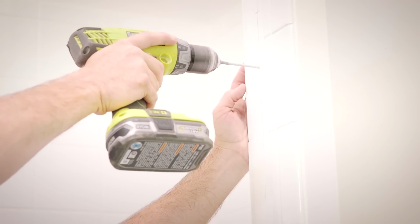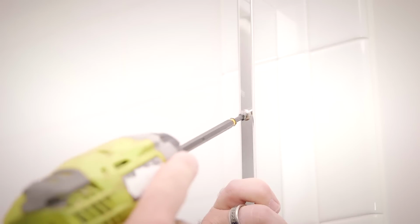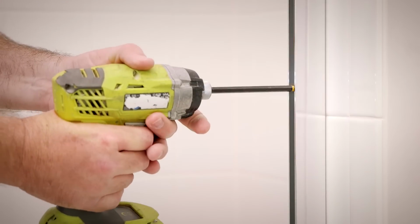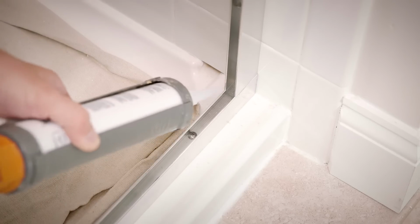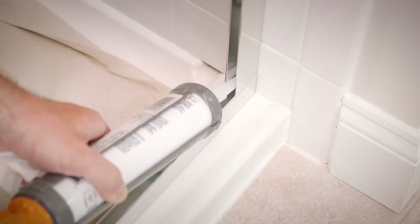If your area does not have wood blocking, use the provided anchors for securing the U-channel. Position the U-channel along the center line and use the provided screws to anchor. As an added protection, we recommend using a small bead of silicone in the back corner as shown to protect